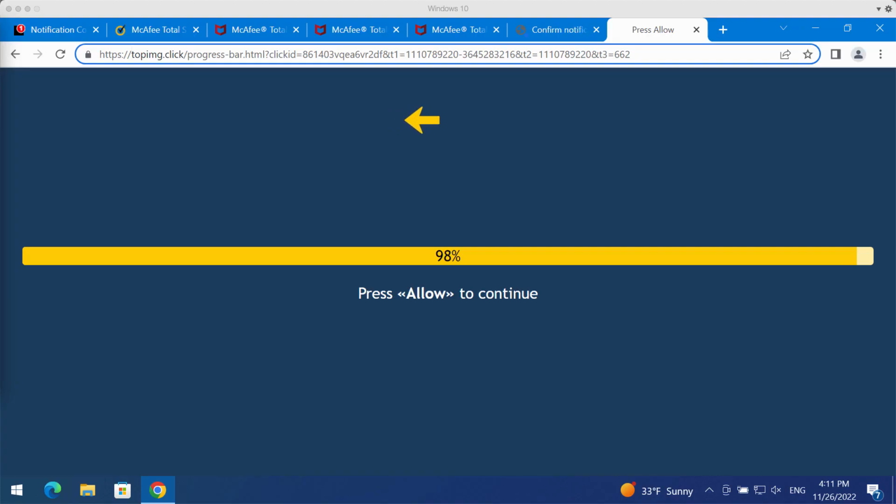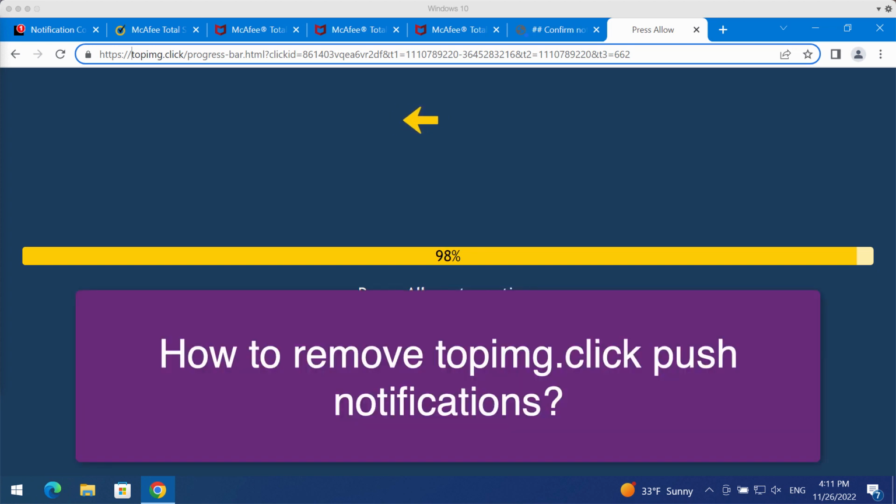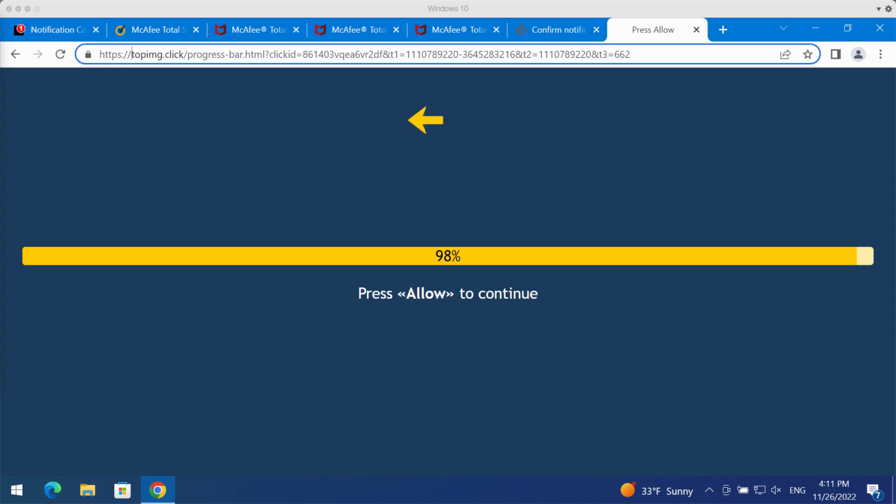In my video guide, I will give you detailed recommendations on how to remove the scary, misleading pop-ups that are coming from the site Topimg.click. This site, Topimg.click, is extremely deceptive. It tries to force people into actually clicking on a special allow button, supposedly to help